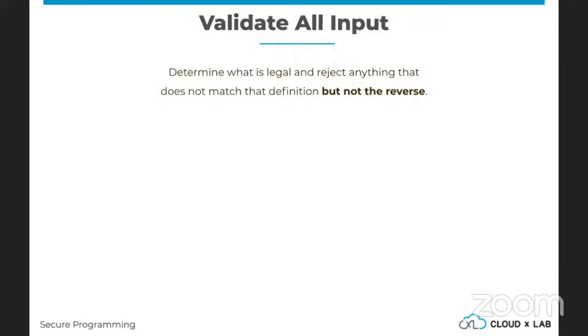So do not try to figure out what is malicious. Instead, figure out what is a valid email address. An email address contains characters from A to Z, 0 to 9, underscore, dash, followed by a single @ followed by the domain name. So use a regular expression, use only the valid character set, instead of doing it the other way.